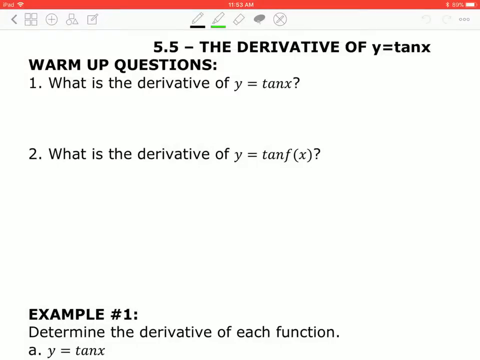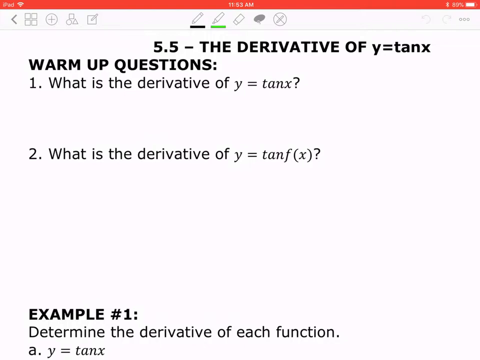Hi everyone, this is the video lesson for 5.5, the derivative of y equals tan x. Now if you look at the warm-up, the first question says, what is the derivative of y equals tan x? Now you have to make sure you've done your homework and went through the lesson for 5.4 before answering this